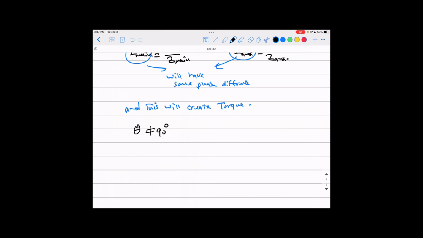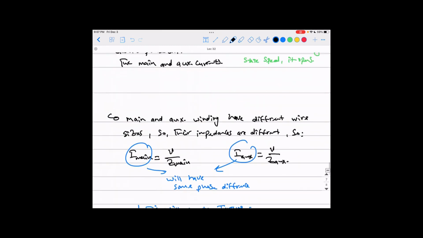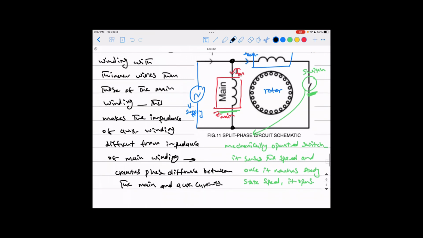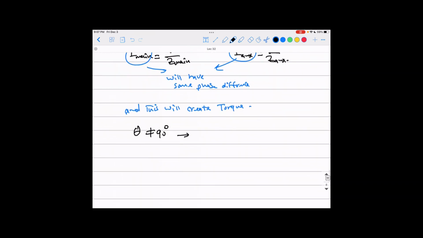Okay? Because we cannot create that. So we just have two windings and we just make them different in cross sections. So that will create different impedances and different angles for the current. But they will not be purely 90 degrees as we want. Okay? So they have some phase difference, but not the desired